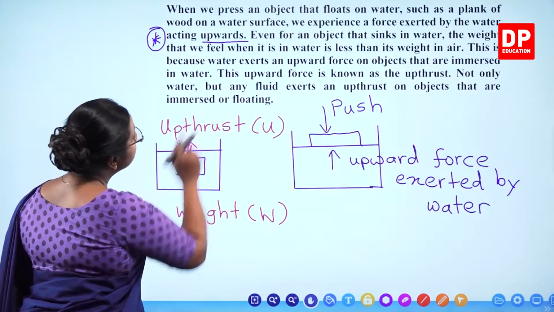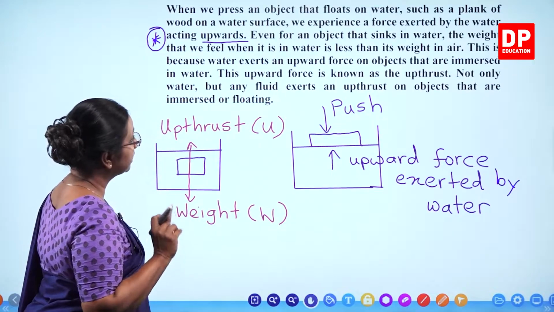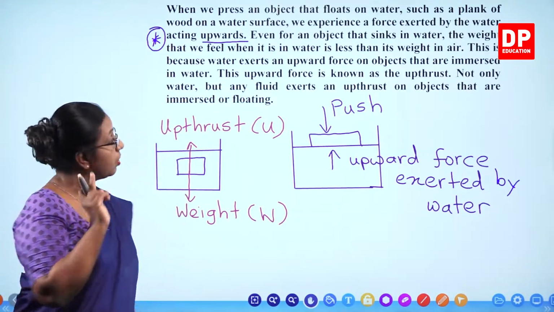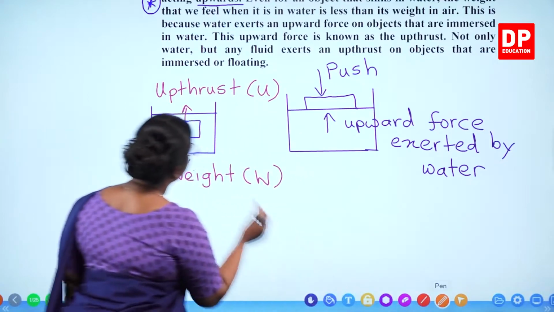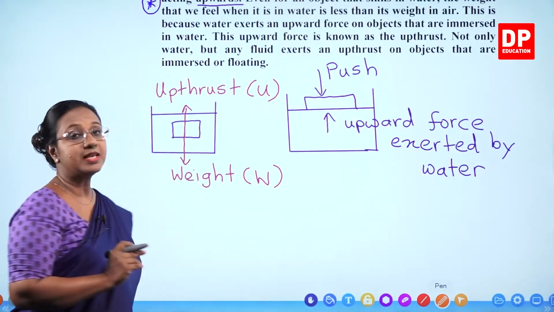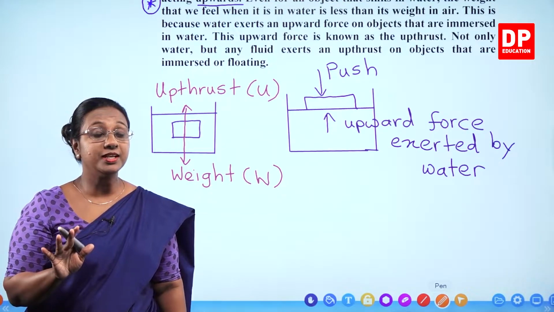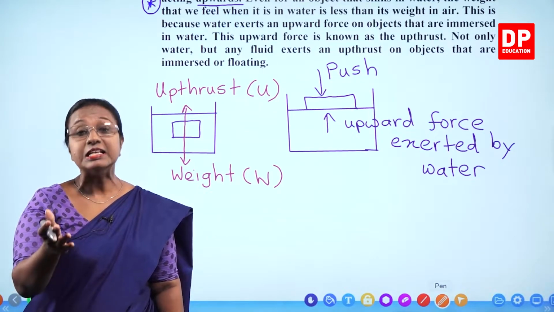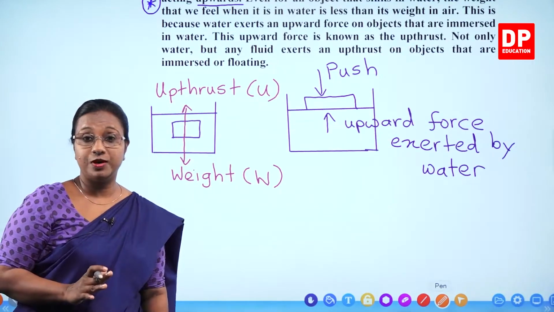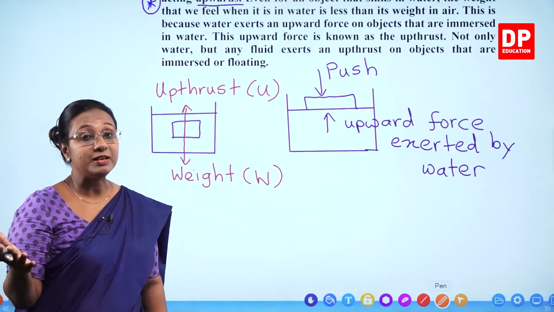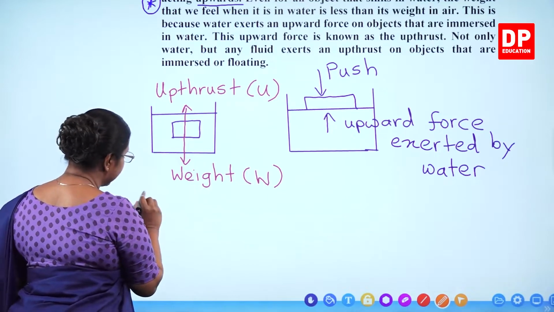You can see, even for an object that sinks in water, the weight that we feel when it is in water is less than its weight in air. What is the reason for that? Now I showed you all this. Weight is downwards, upthrust is upwards. You are familiar with forces. When more than one force is acting on an object, what happens there? There will be a resultant force. So weight is acting downwards, upthrust is acting upwards, in opposite directions. So there will be a difference. You have to subtract. You know that. When we calculate the resultant,